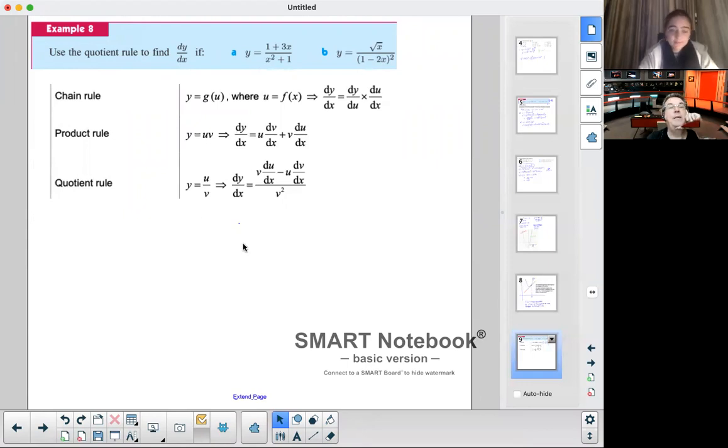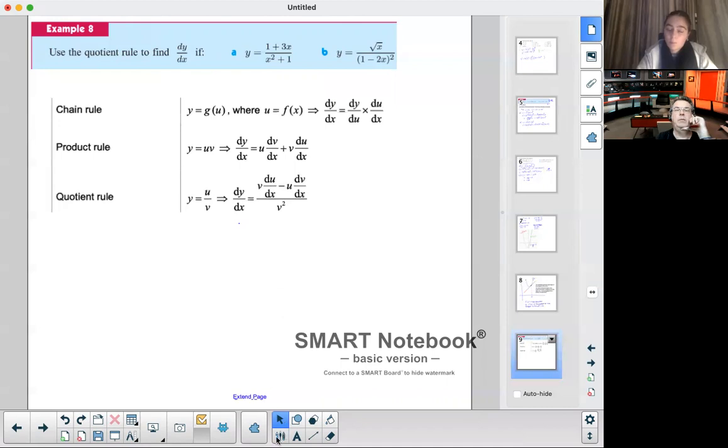Beautiful. So the nice thing is, for product and quotient, you can follow this. I usually just write it as v u prime minus u v prime, instead of du dx. I'll rewrite all of them. So you can just cross it out on your formula sheet if you want. Whatever is best for you.